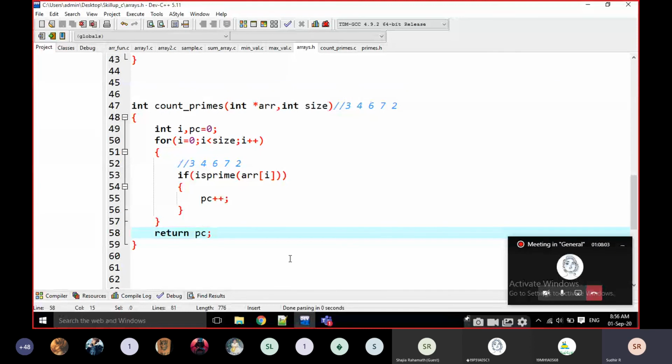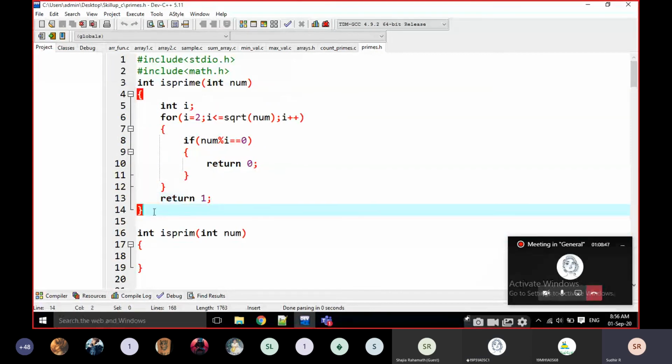Count prime solve. Over, sir. Okay, then write this isPrime function.